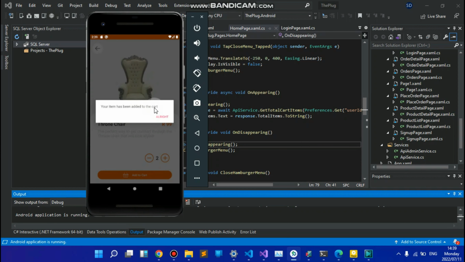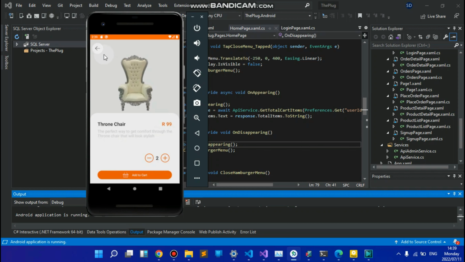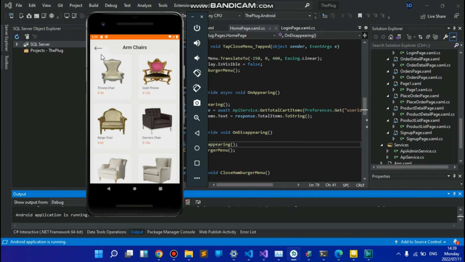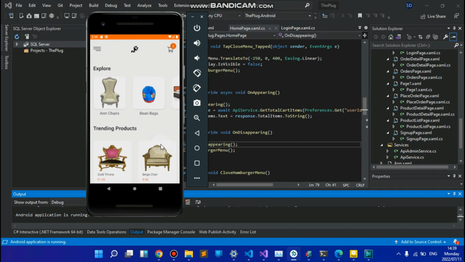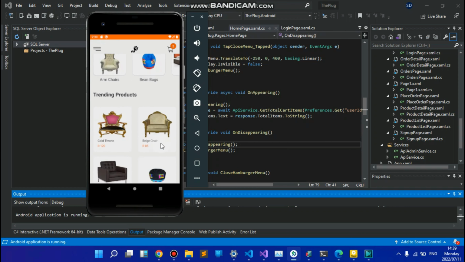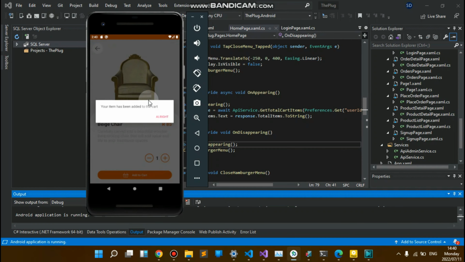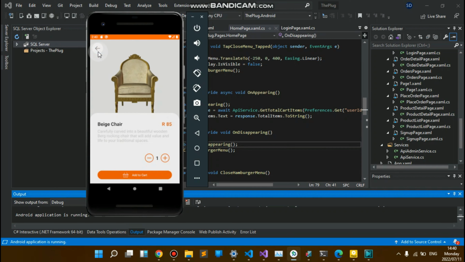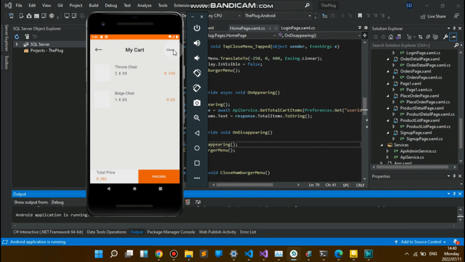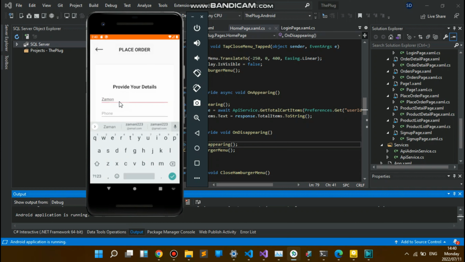We want 2 chairs, and then go back to our list, our flat list, and from here we can just see from our trending products and maybe add one last item. And then here you can now see the number of items in the cart keeps on increasing as you add them into your cart. So from there you can then check out your cart,